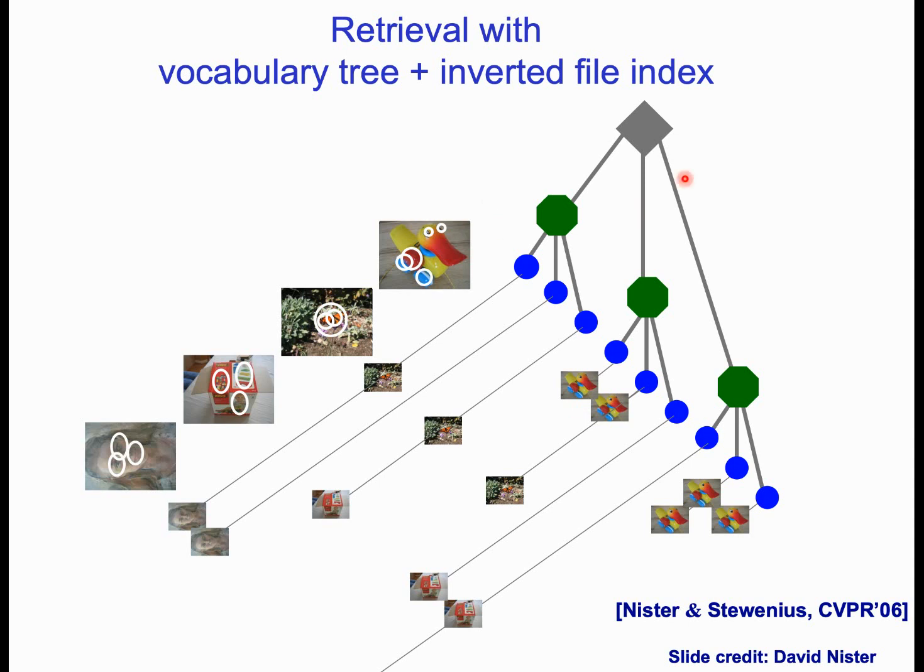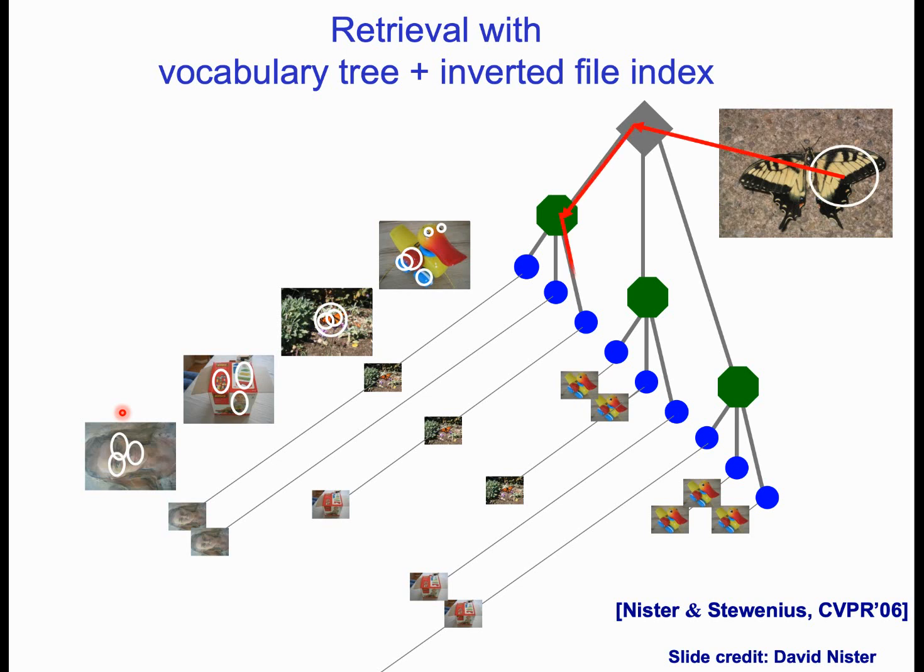Now, I also create an inverted files index saying that for each of these visual words, or the cluster centers, I record down the images that that visual word appears in. Now, given a query image, I will extract features. I will find the corresponding visual word by basically running down the vocabulary tree, and then I will look at